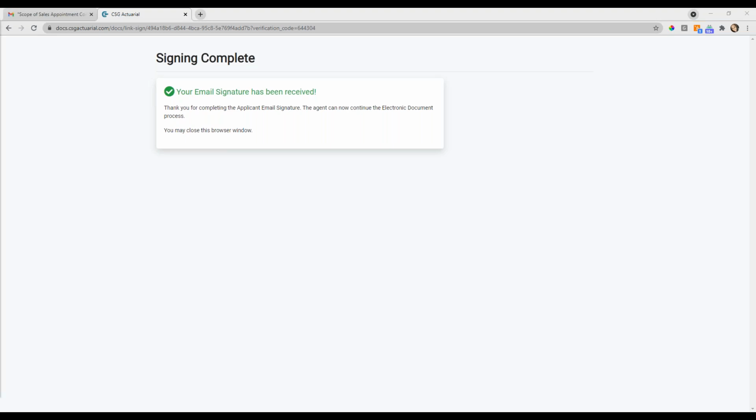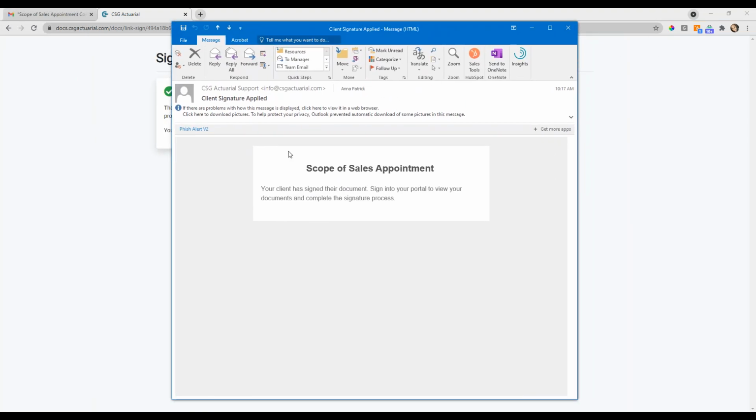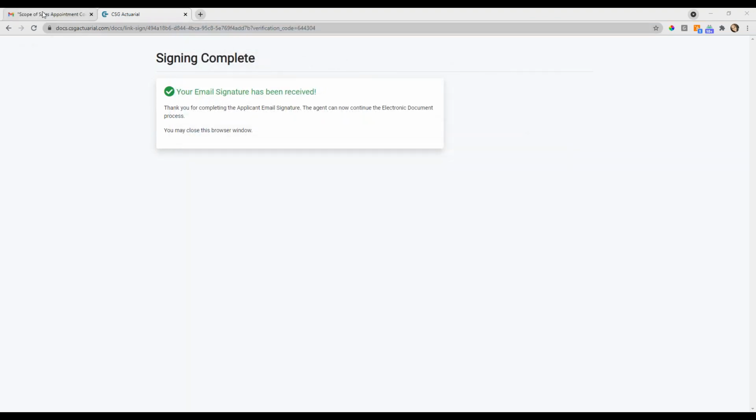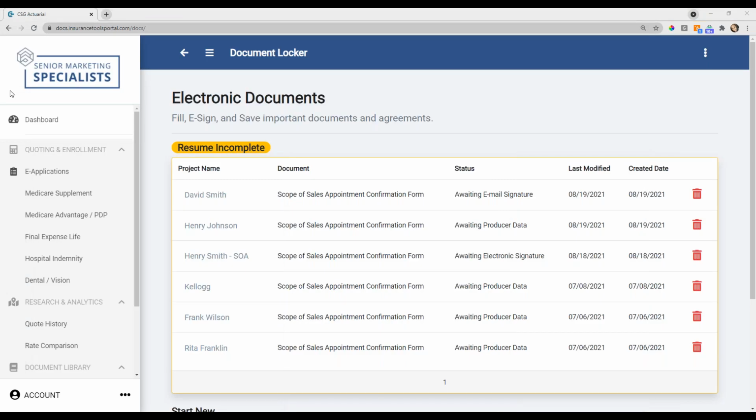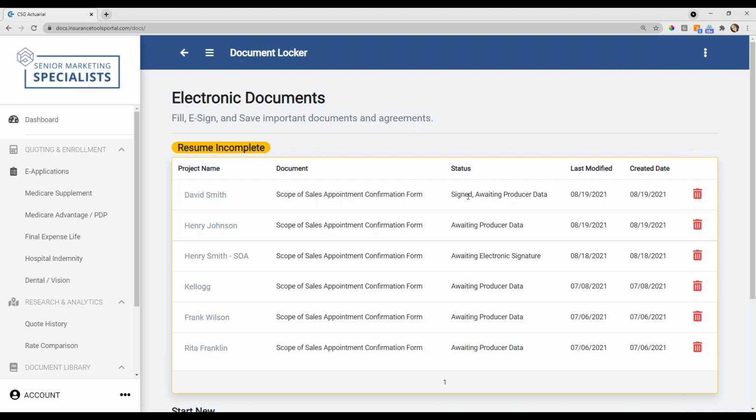So I'm going to show you that. I just got that into my inbox here. So this is what I have here. It says scope of appointment, your client has signed their document. Once you receive this email, you're receiving that in real time. You can go back into your documents here, and if I refresh my browser, it will then say signed,